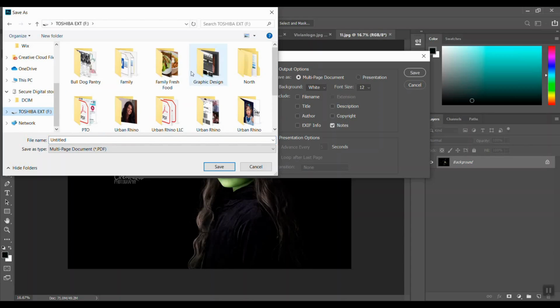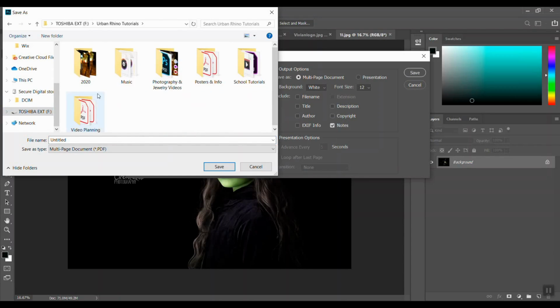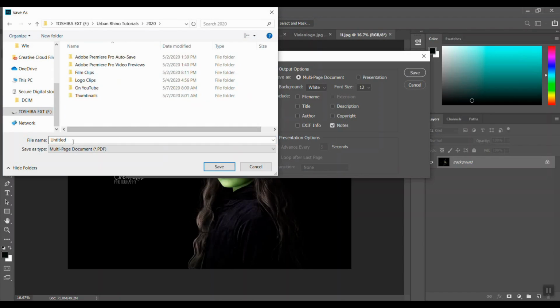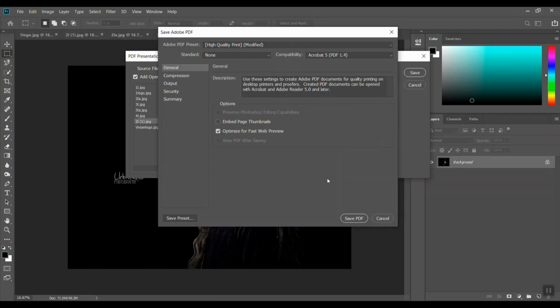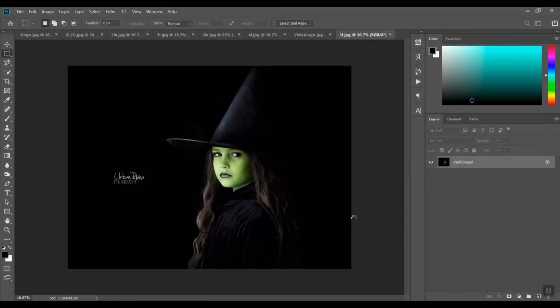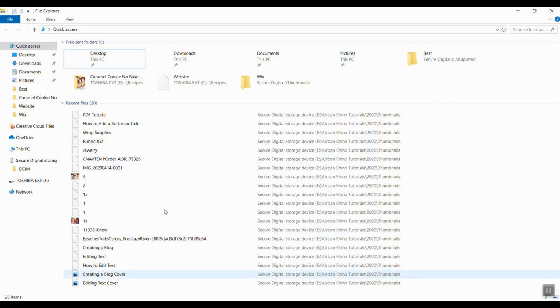And so then I'm going to select where I want it to go. We'll just say here. We'll do PDF tutorial and hit save. You can ignore all of this and just hit save PDF. And then you can see it doing work there. And now if I go to my files here